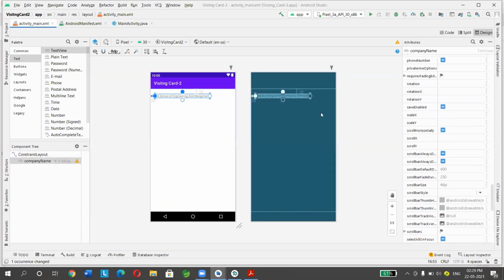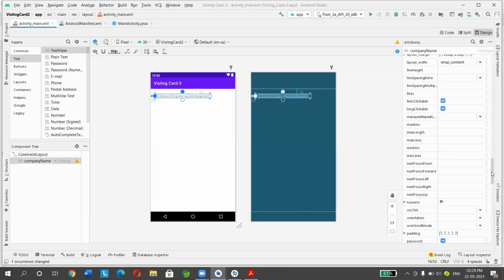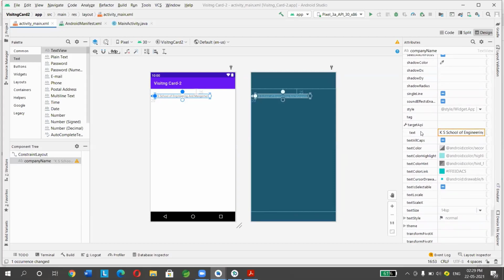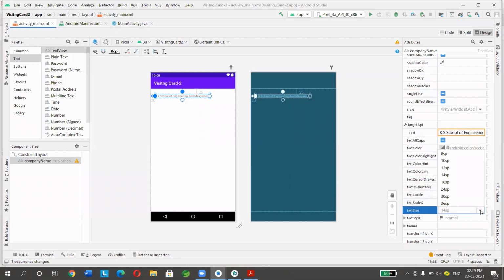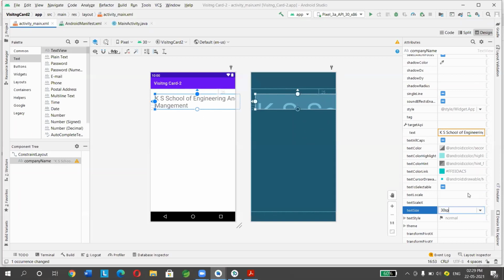If you want to change the font size, again go to common attributes. Under text we have text size, right? So select text size. It is in SP pixels, so select whichever you want. Say I'll select 24 SP.